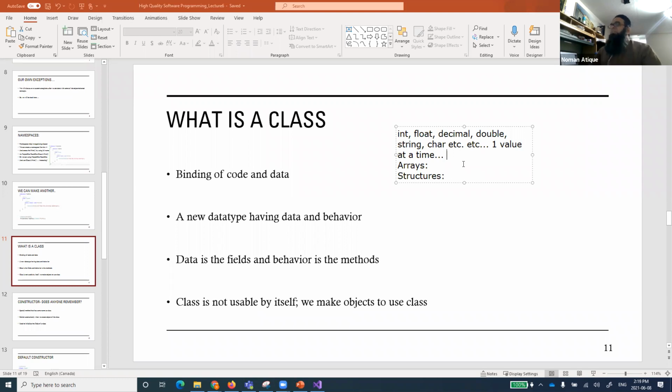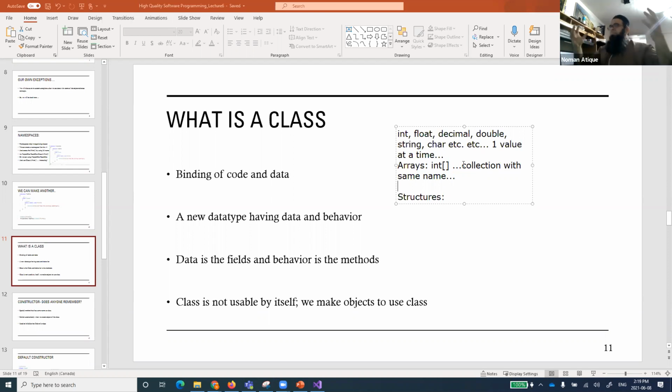So the first thing that comes to mind is, is there any way that I can use the same name to accommodate multiple values? And we have talked about that in C#. For that, we create arrays, for example an array of integers. What are arrays? A collection with the same name. You can create one age array, or one numbers array, and you can store thousands of numbers under that same name.